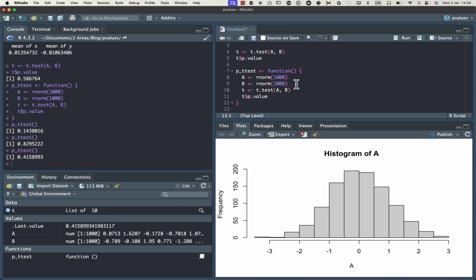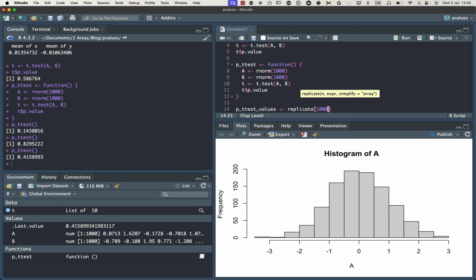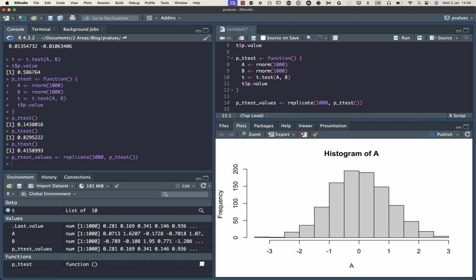So now I'm going to execute this a large number of times. And well, you know me, one of the best ways to do this, I think, is through the replicate function. So I'm going to assign the results of this to a vector, replicate, say 1000 times, and then I tell it what's the expression I want to evaluate over and over again. So that was super fast. Let's see, yes, there are 1000 values here. And if we look now at the distribution of these values,